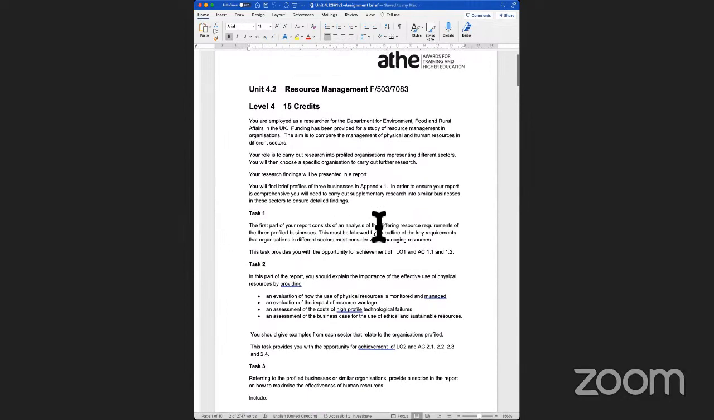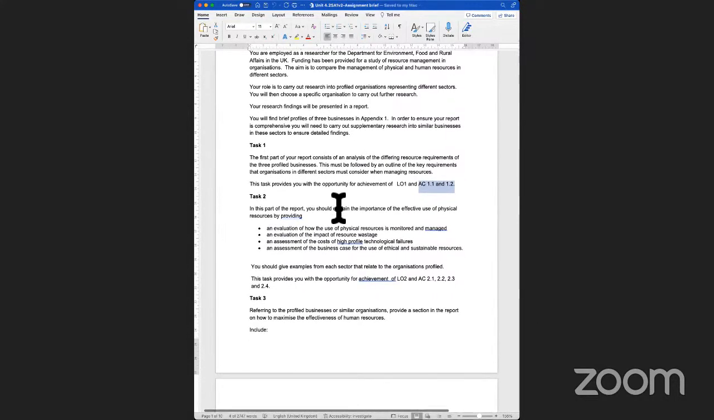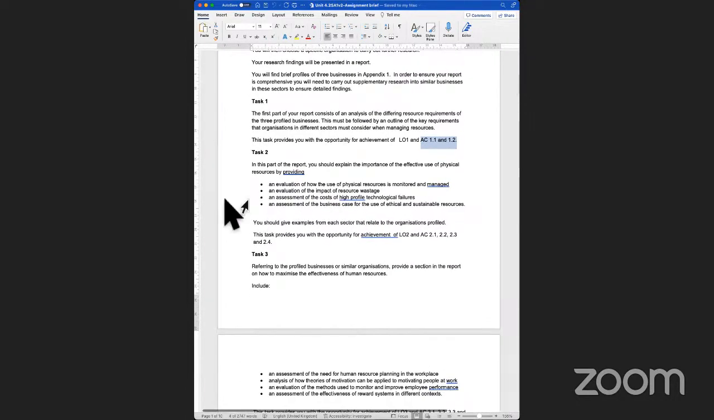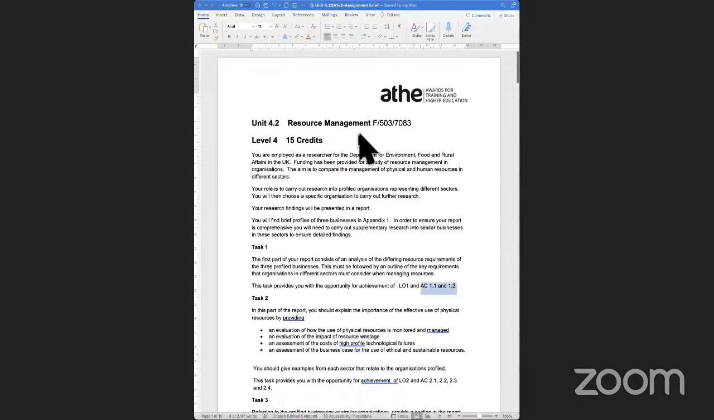So each learning outcome will have a particular task, and that task will end up covering individual assessment criteria. So if I look at making a quick start, one of the other things which I would ask you to do is read the assignment brief and the unit spec before you start doing the assignment. The reason is there are 3-4 things that we need to pick out from the assignment brief and the unit